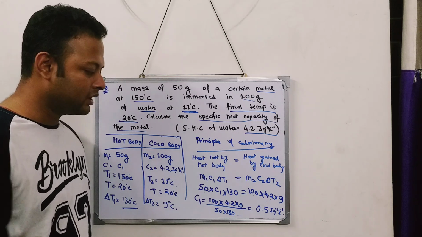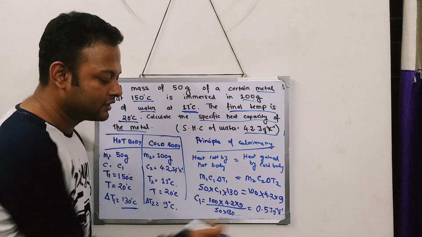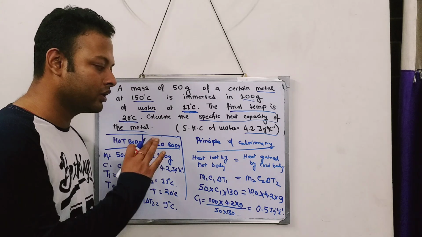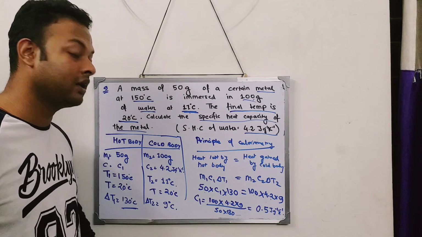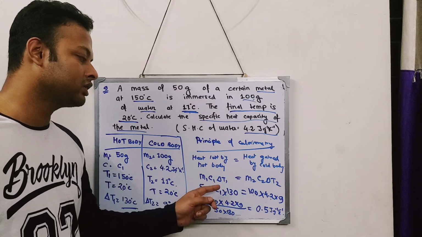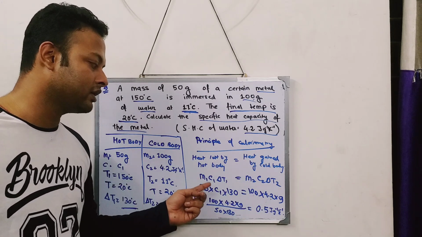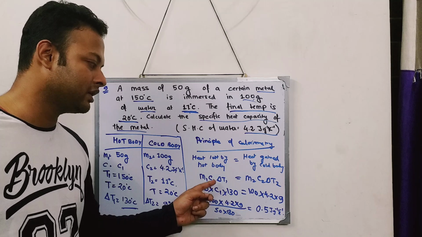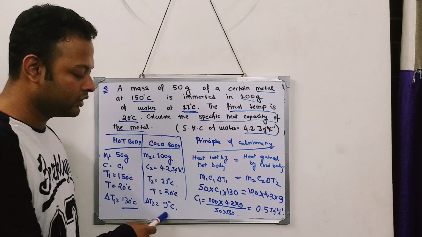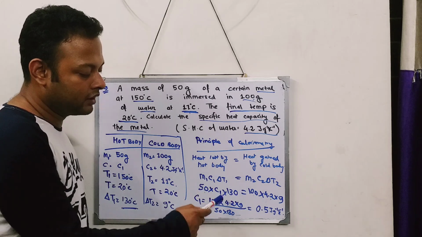So don't worry, in the exam such difficult numbers will not come. In exams, numbers will be given in such a way that the whole thing gets cancelled quite easily and you get a very good number. But you should know the procedure. This is the first kind of sum, and this kind of sum only comes for the exam. Heat lost by the hot body is equal to heat gained. So what is the heat lost formula? mc delta T. Heat gained formula is also mc delta T. Since the masses are different, I have taken m1, m2. Since the specific heat capacities are different, I have taken C1, C2. Also, the differences of temperature are different, over there 130, over there 9, so I have taken T1 and T2. You just equate it.